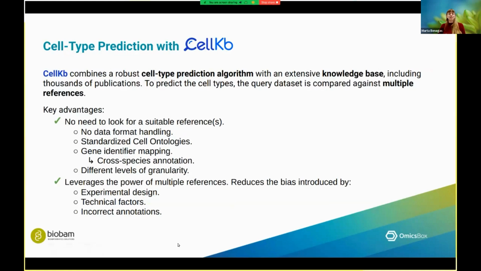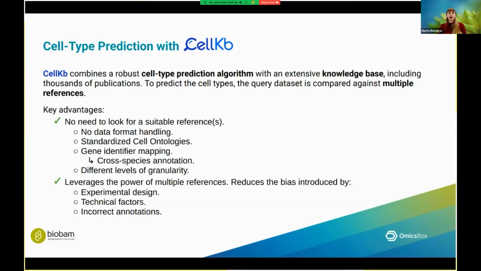So, without giving too many spoilers, since Ashwini will talk about this later, I would like to introduce the methodology or the knowledge base developed by Combinatics, CellKB. CellKB combines a robust cell type prediction algorithm with a manually curated and extensive knowledge base that includes thousands of publications. And in order to predict the cell types in our dataset, our query is compared against multiple references